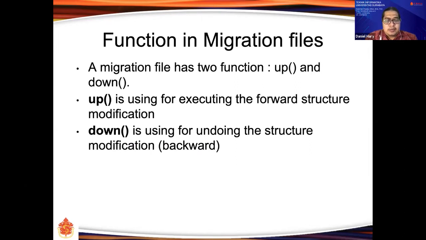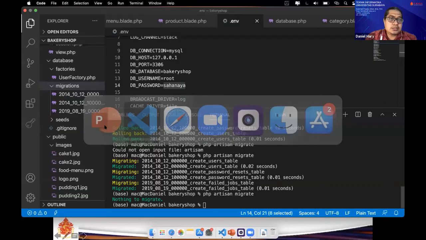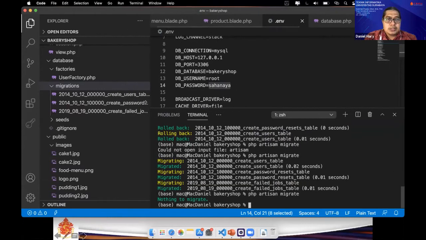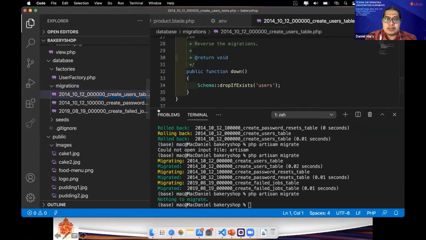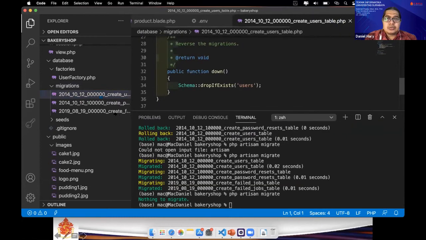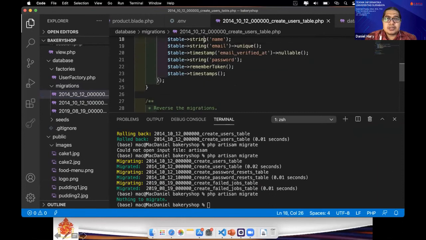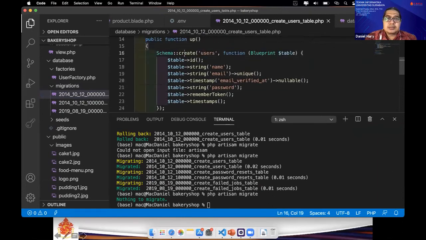Okay, we move to the migration files. We can open this default migration file, for example create users. This one. There are two functions here: create, with the table name users. This one is for adding an ID.